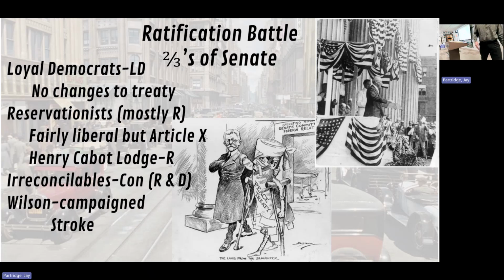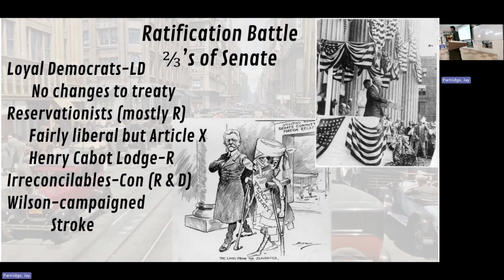And then in Colorado, he had a massive stroke that incapacitated him. We, to this day, don't know how bad it was. It appears as though for nearly 9 months he could not talk. He could not communicate. The stroke left him speechless. Now, he had just recently remarried. His first wife had passed away, and his new wife was 25 years younger than him. She became the gatekeeper. And everybody who wanted to talk to Wilson had to come through her. And she said only I could communicate with him. And so the president was basically locked in a room and nobody could talk to him except for his wife and a tiny little group of people.